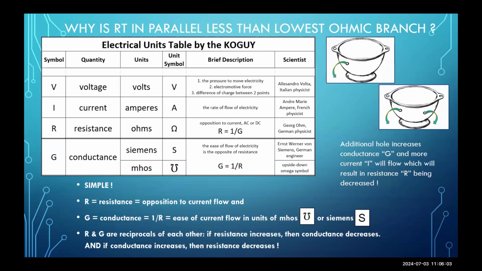M-H-O is ohm spelled backwards. Did you see that? Ohm is O-H-M, whereas mho is M-H-O. So plural is mhos. And then the symbol for mhos is shown as an upside down omega. If the regular omega represents resistance, ohms, then an upside down omega represents mhos, which is the opposite of